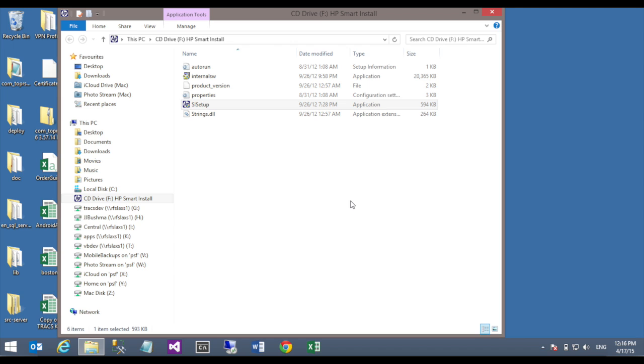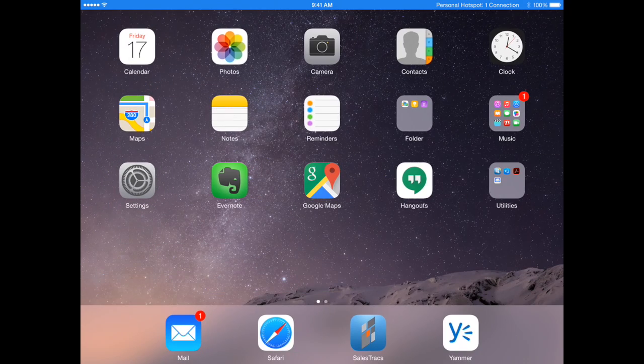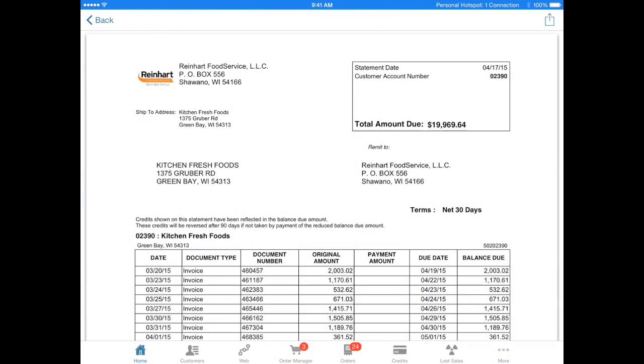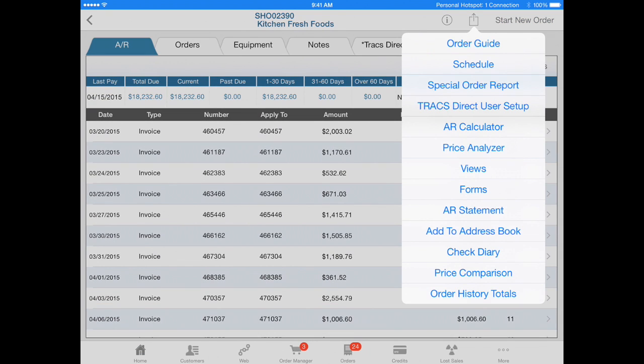Now we're going to jump back onto our iPad and do a test print. Okay, back to our iPad now. You can see on the iPad that now the top bar is turned blue, which means we have a connection to the printer. So now if we were to go to print something, like let's say from Sales Tracks, if we go into a customer and then go to their AR statement,